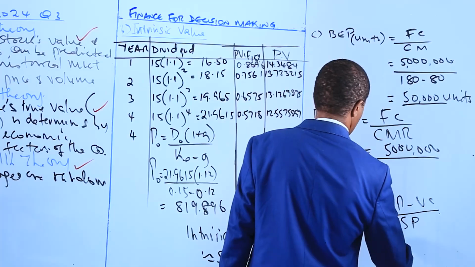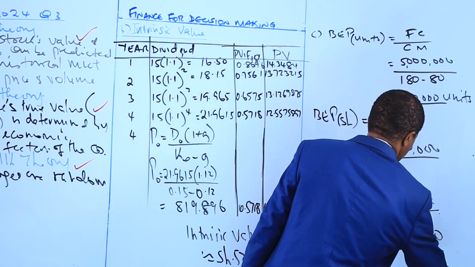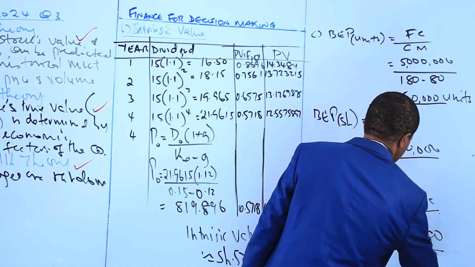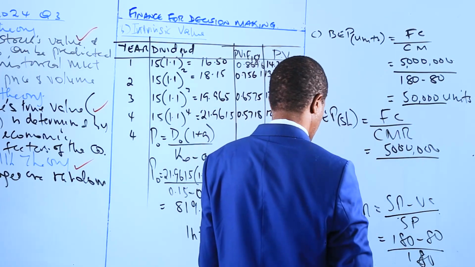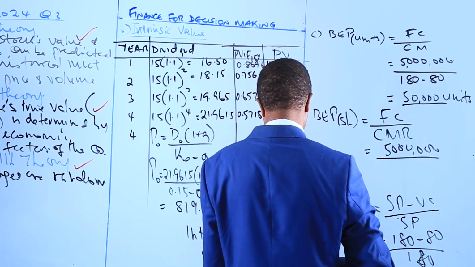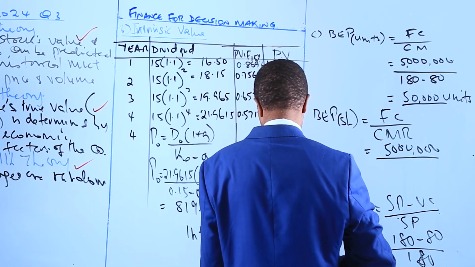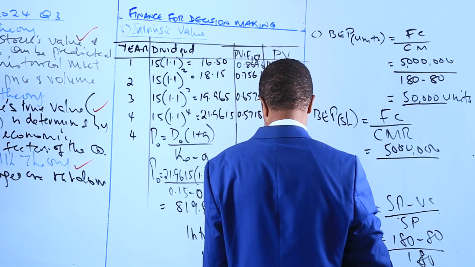So this will be equal to 180 minus 80 over 180. 180 minus 80 is equal to 100. 100 divided by 180 is equal to